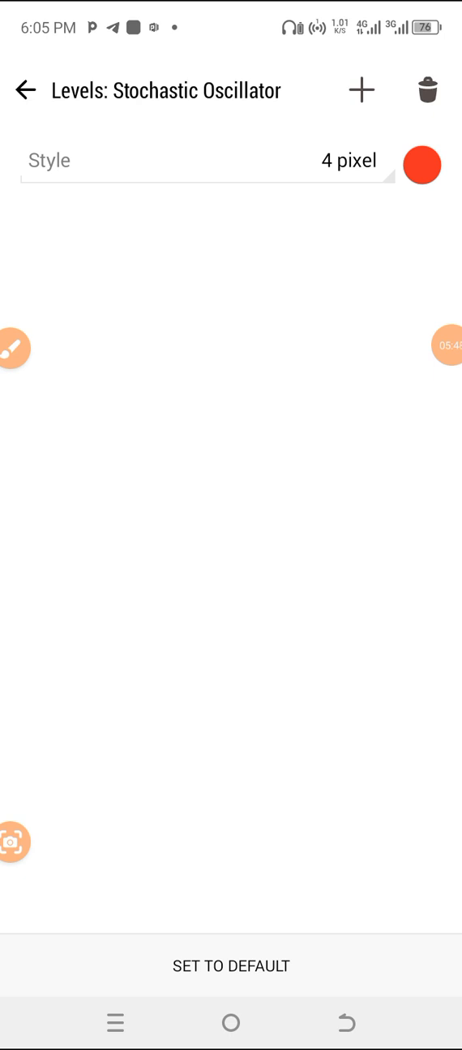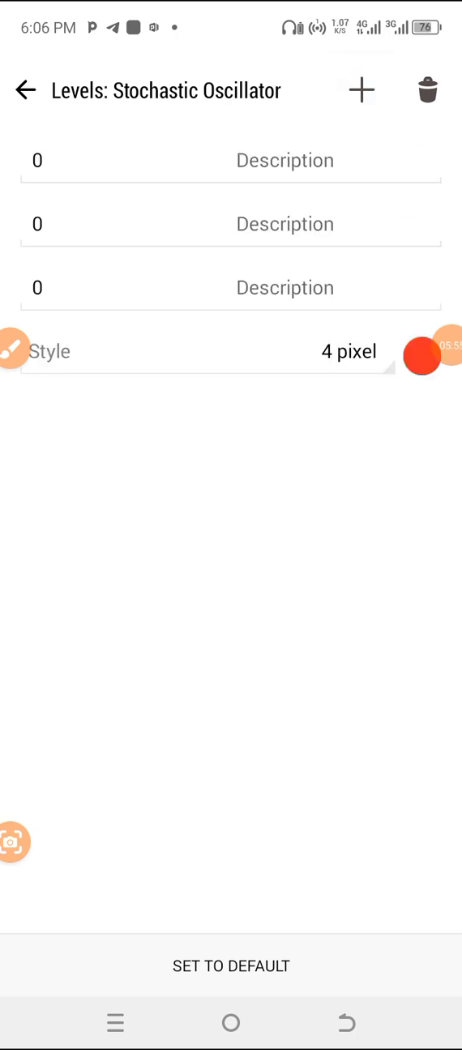We are going to be using 2 of the stochastic indicators. So we are going to be using the first one. This first one is going to be, we're going to use 1 to